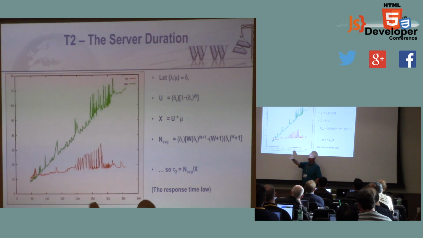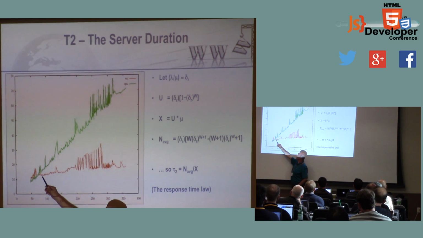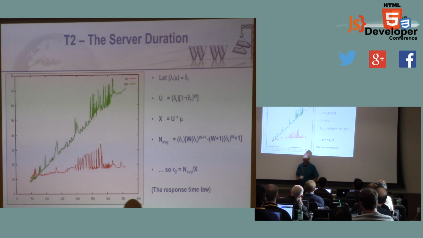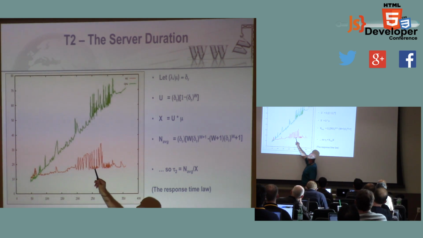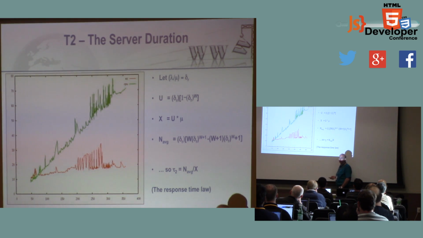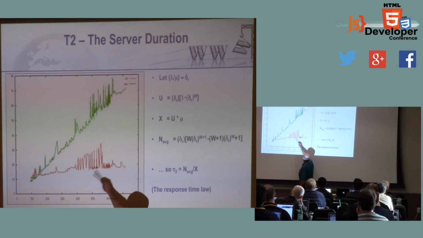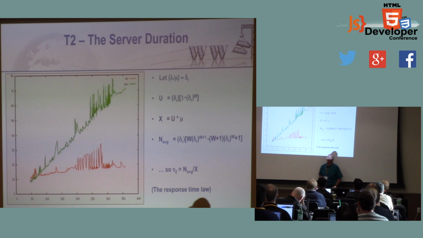So if he comes in to this website, say he's user number 18, his response time is not going to be very different from user 15 or user 10, right? But if he comes in and he's user 25, suddenly the whole thing has gone nonlinear and his response time is a lot higher than it would have been if he had only been user 18. You can see that it just went haywire and basically the users gave up at that point. You can see the number of users does not increase past that point.